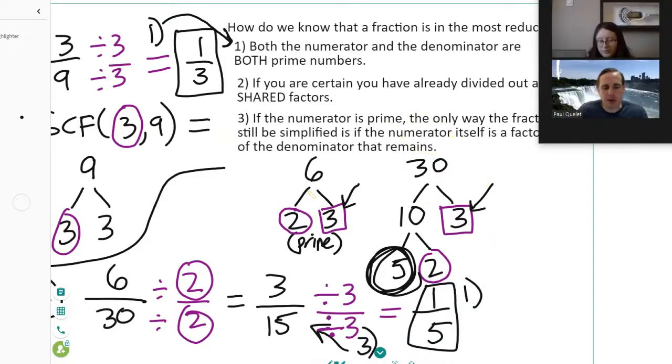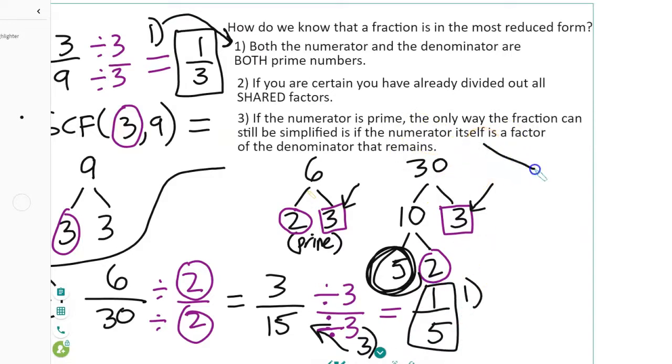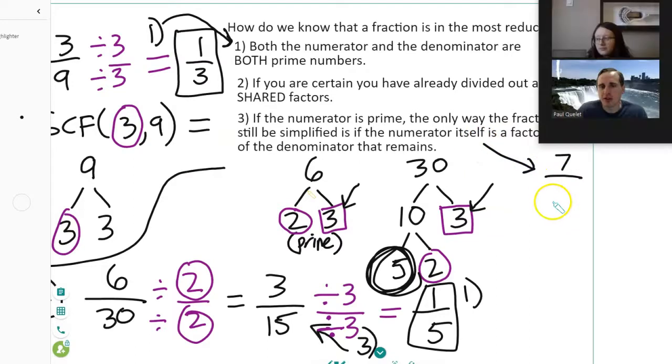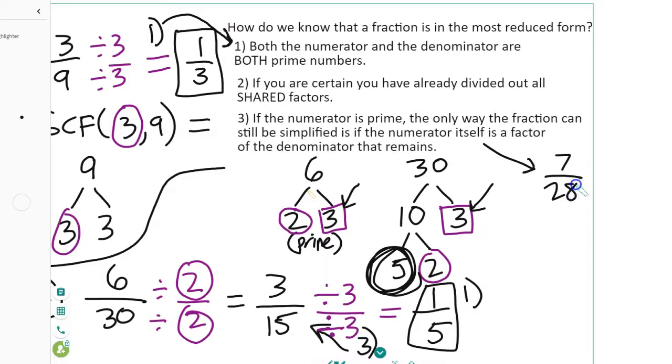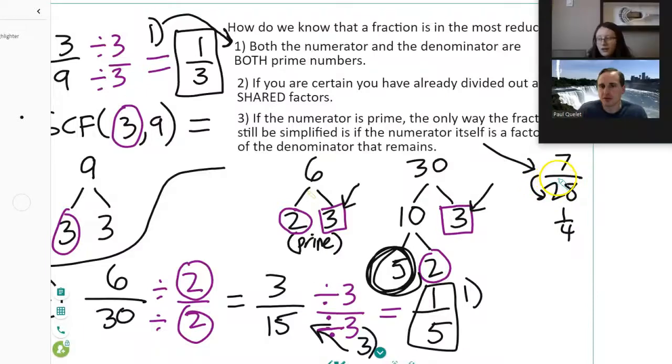Situation 3, let me just make a quick comment about situation 3. Suppose you had 7 for the numerator. If you had 28 for the denominator, you would not be done because you could get 1/4 out of that. 7 divided by 7 is 1. 28 divided by 7 is 4. But if the numerator is prime, you know you're done if it's not a factor of the